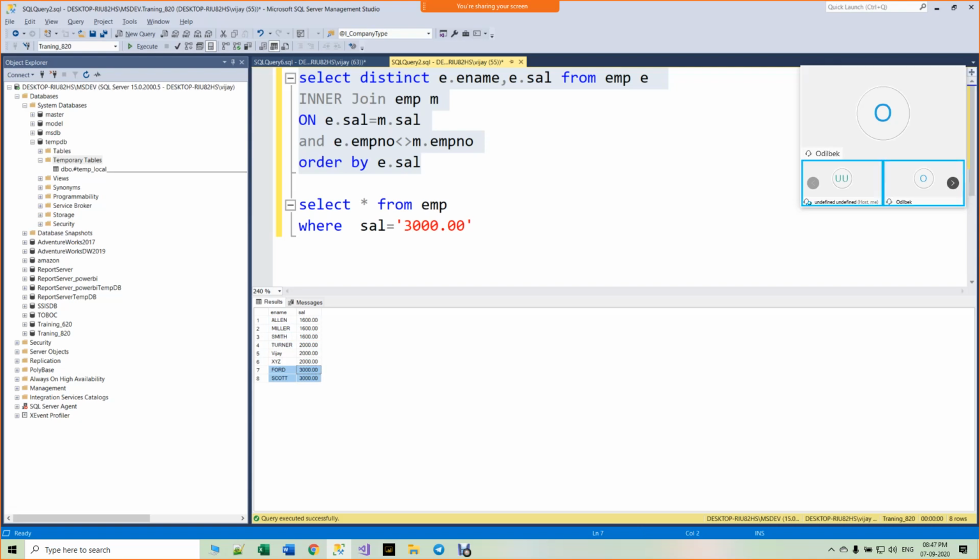So my question is, write a query to find out employees having the same salary. So these are the employees having the same salary. Is it clear? Yes. This is the question and this is the answer.